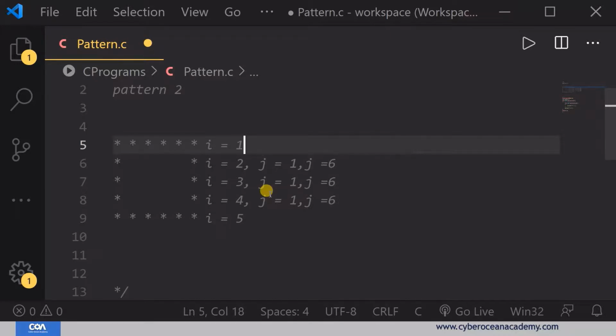What is the relation for each row? So for the first row all the values should be filled with star. There is no space in the first row. So you have to print this whole star if the value of I is equal to 1, and here if I is equal to